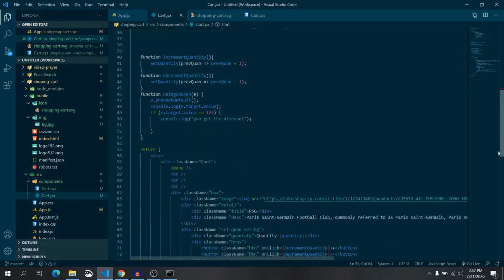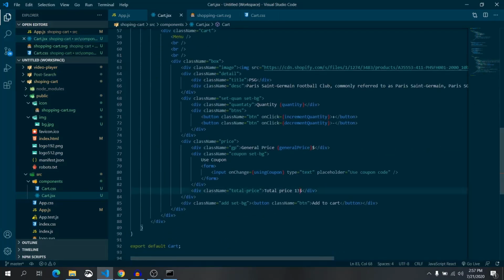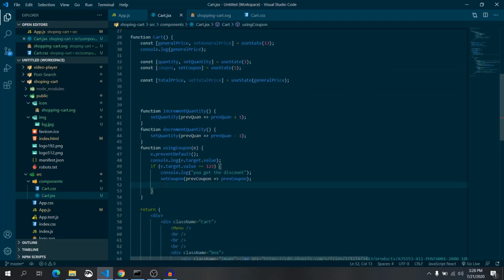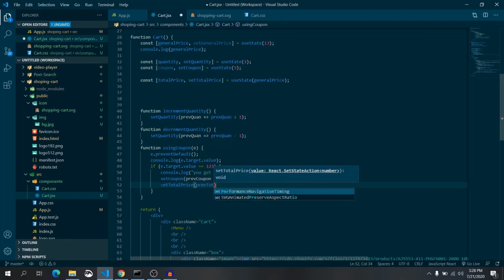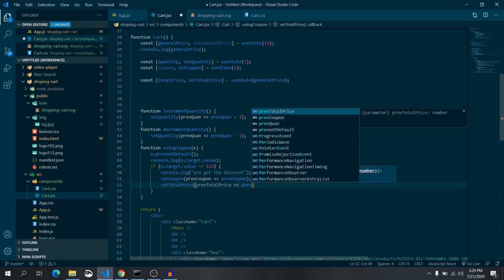Now here at the bottom, set the total price. Make it JavaScript code, total price. Shift Alt F, it will reformat your code. Here we need to use the function to change our total price, so just write set total price, previous total price, callback function, previous total price